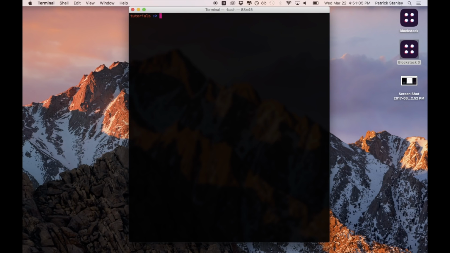So first I'm actually going to create a directory for this application to live inside. So I'm going to do mkdir hello-blockstack. I have that directory, and I'm going to cd into it. And the next thing I'm going to do is type yo blockstack, and what that'll do is auto-generate this application